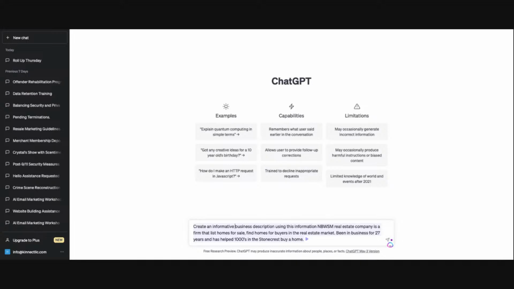But it's the same thing here. Like if you put on ChatGPT, if you tell it informative, it will create an informative one. If I tell it exciting,